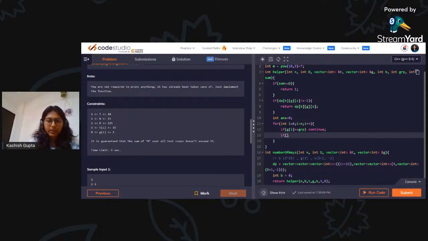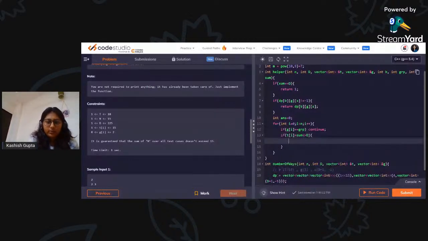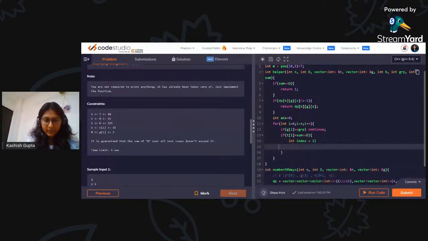If we can take this particular element, so the condition will be agar this and the sum that we already have is less than equal to d, that means हाँ हम इसे consider कर सकते हैं. So then what we'll do is we will check if the current index is included anywhere else. For that, let's just do, हमारे पास int I तो है ही, तो let's just store this somewhere and then check if bit mask and index, if